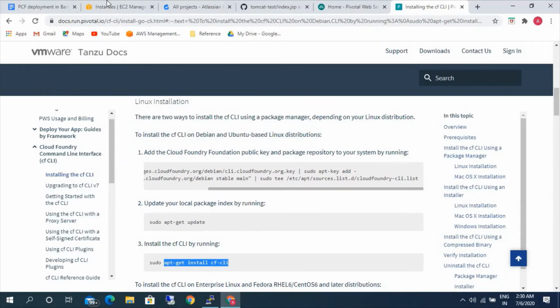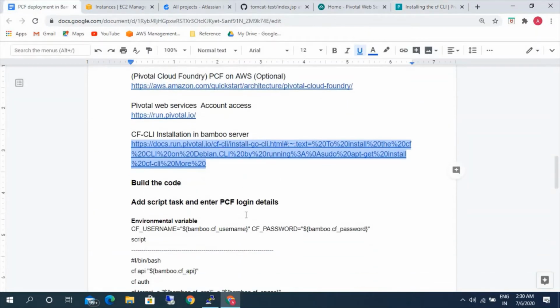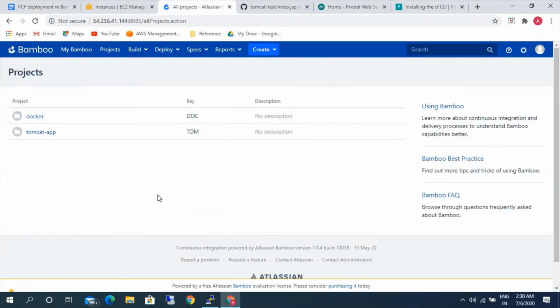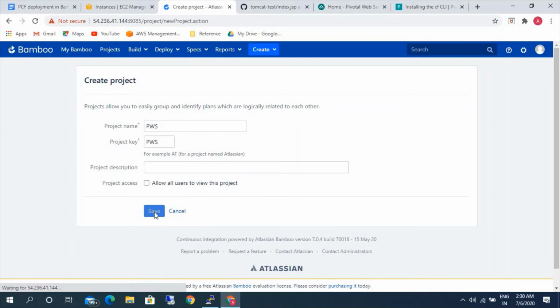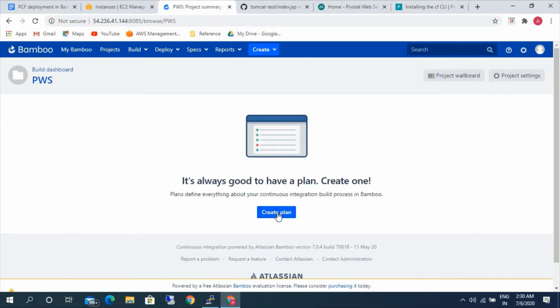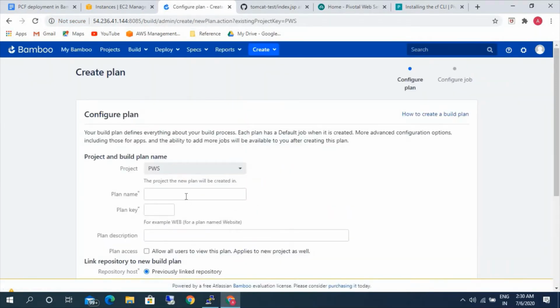Okay, next what we have to do now is create a CI/CD plan. This is our Bamboo server. So let's create a project. You can give it the name PWS, Pivotal Web Services. Save. Then click on create plan and let's create a plan here.